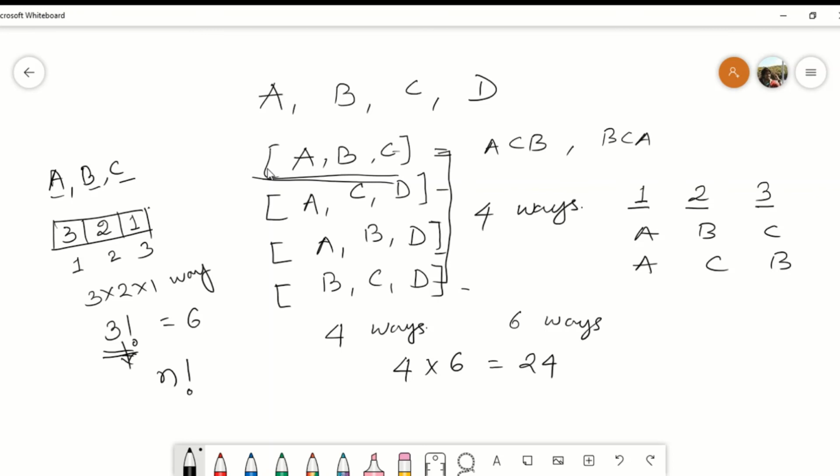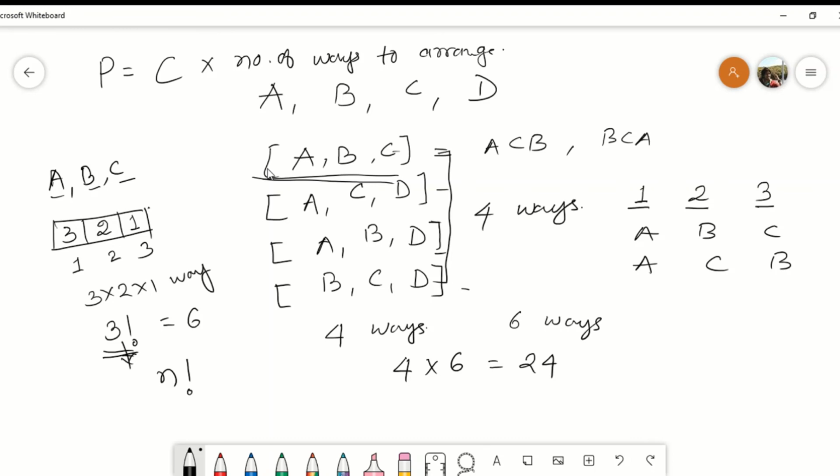So we can see a relation between a combination or selection and permutation, right? Which is, permutation is nothing but combination into the number of ways to arrange, right?